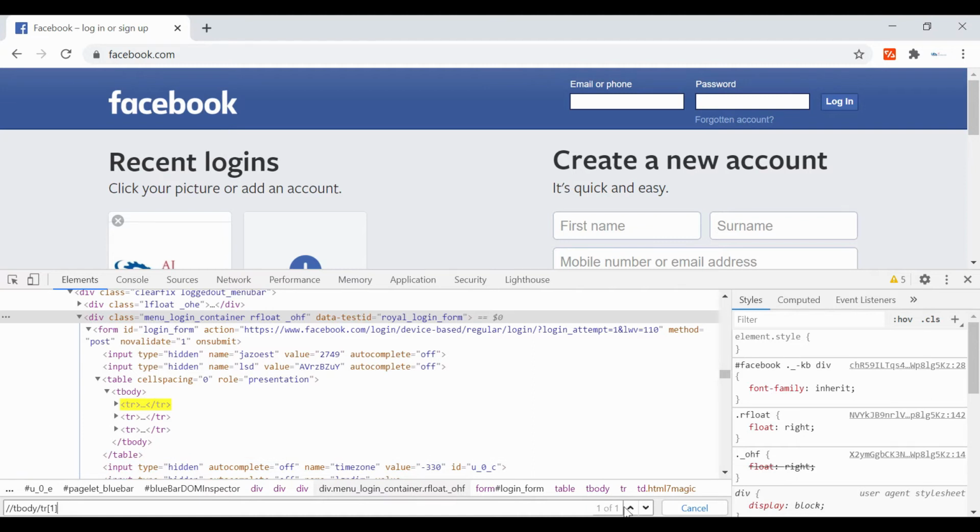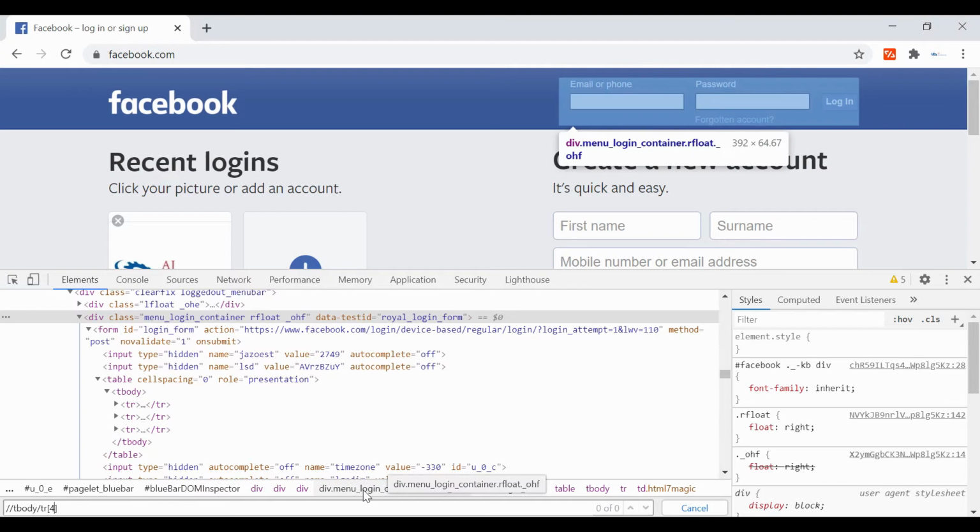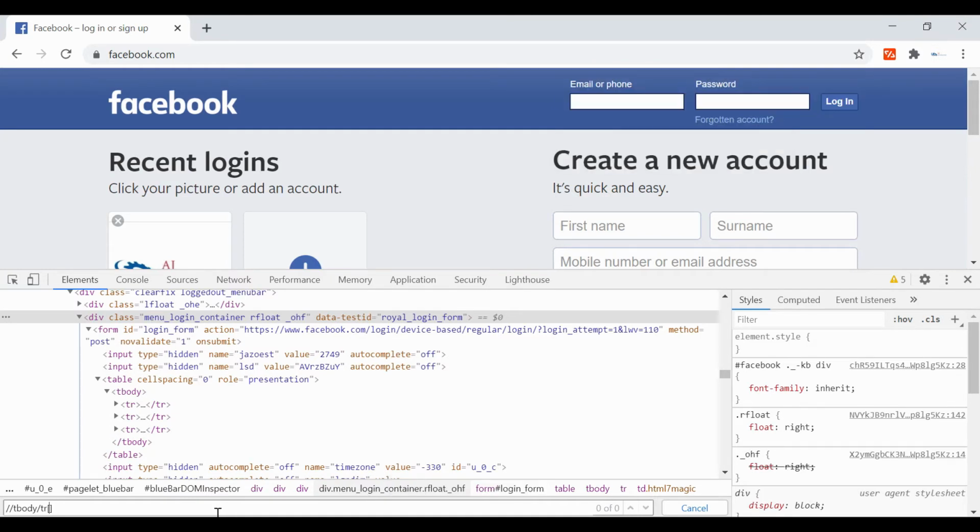As you can see here, it is showing 1 of 1. For second you just have to provide 2, for third you provide 3. If there are only 3 and you provide 4, it will not give any output. It will not give any output for 0 as well. So you just have to provide the index of the child. That is how you use indexing.